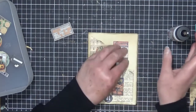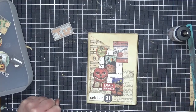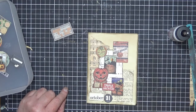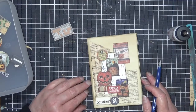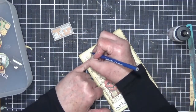Maybe I should just write it. Am I game to just write it? I think I will. Or I could stamp it. Do I have... that's a thought. No, you know what? I'm going to write it. What am I going to call it? Oh dear. Let's see if we can...